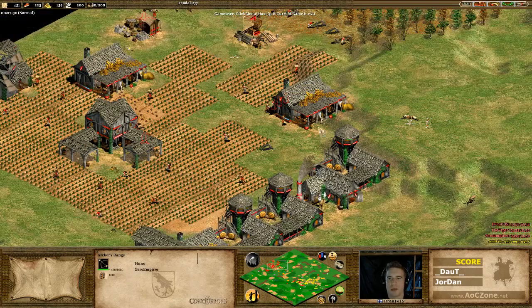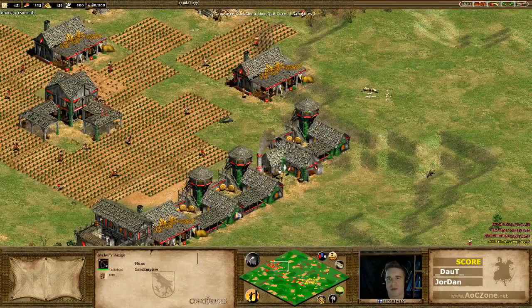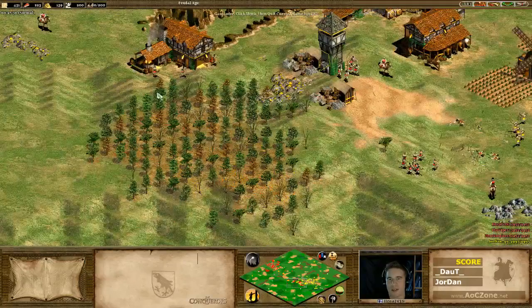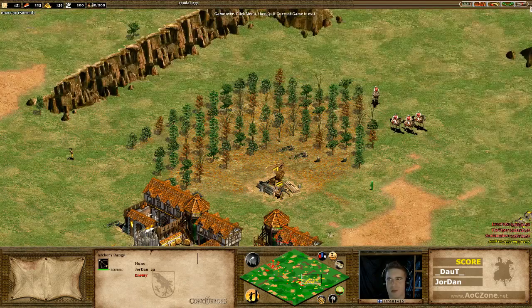I'm wondering why these current experts never add stone miners, because towers can be really powerful against a player going fast castle age, because you get static aggressive towers in his base, and he needs to try to deal with them, because he can't leave them there forever. So he needs to deal with them at some